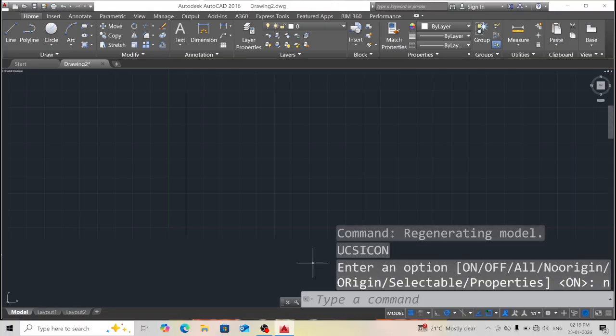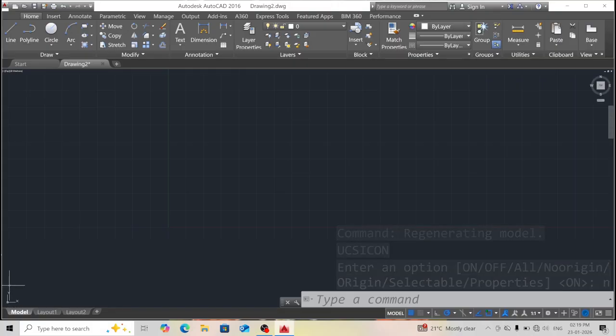Okay, automatically, you can observe here the UCS, universal coordinate system. So it will become settled down in the left corner. Okay, and the last one is the